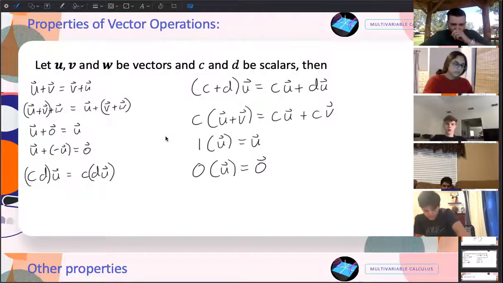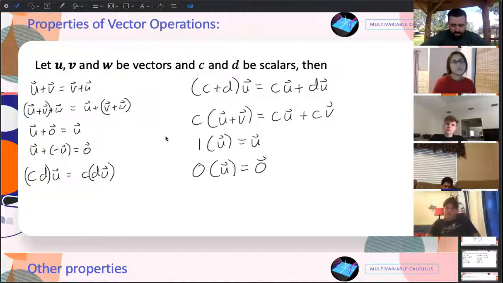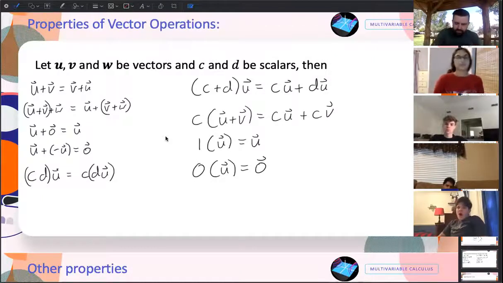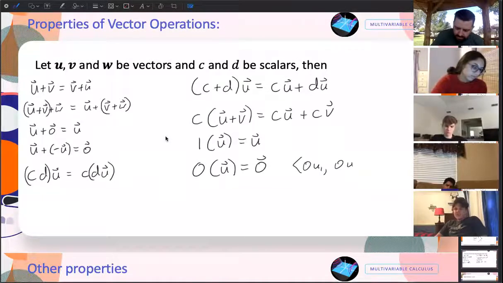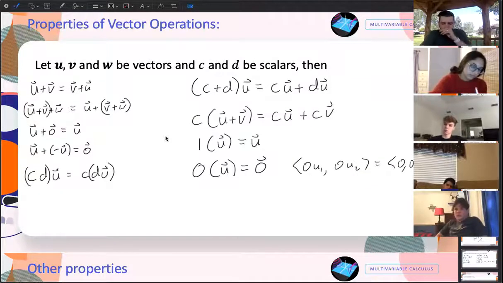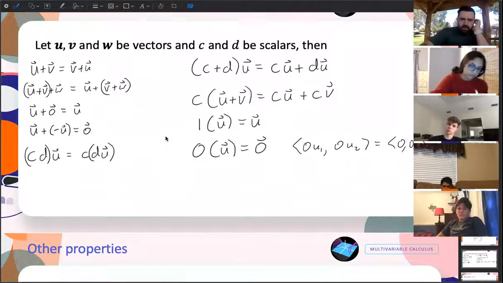And that's the only thing that gets a little confusing for people in this early stuff with vectors: a scalar times a vector gives a vector. So 0 times u is not the number 0, it's still a vector. It'll still have the two components. You'll have 0 times whatever the first one is and 0 times whatever the second one is, so you'll have 0, 0 still. You still have a vector, which is only going to really matter as we're doing operations. I can add vectors, I can add numbers, but I can't add numbers to vectors. It doesn't work.